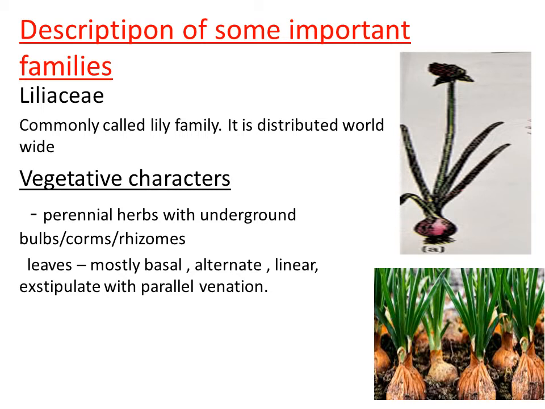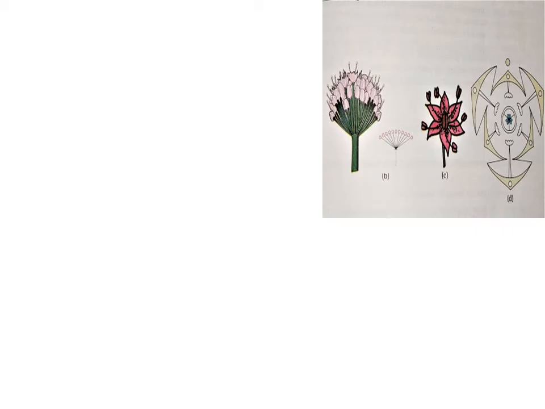If you look at the venation, the kind of venation is parallel venation. The veins are arranged parallel to one another. These are about the leaves. Clear? And what about the stem? The stem is highly reduced in the case of the onion plant. A reduced type of stem we have in the onion plant. And let us see the floral characteristic features.